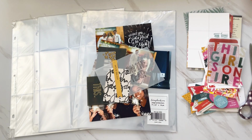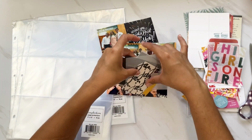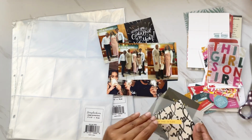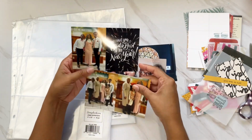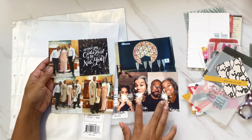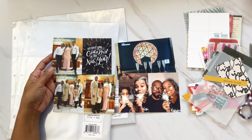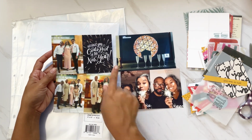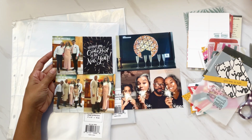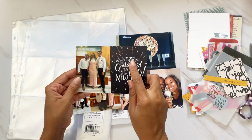So, okay. I have all of my pictures here. I do print at Walgreens. I do not print at home. And I have these pictures from 2024. These are some Snapchat filters that I use. We are bringing on the new year. We also have some church pictures of when we went to church for New Year's Eve. And also I have